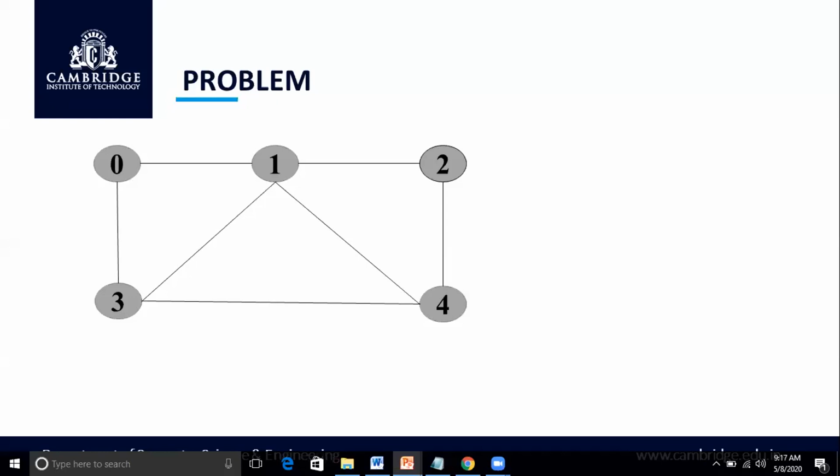Finish copying this graph. Yes, sir. Okay. So now